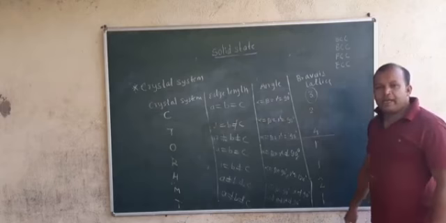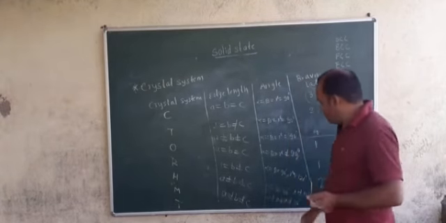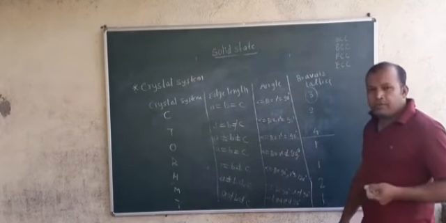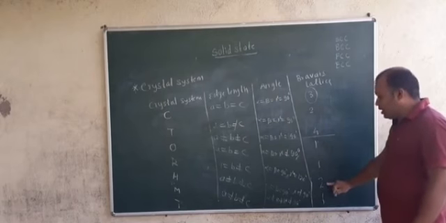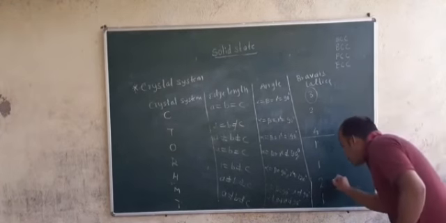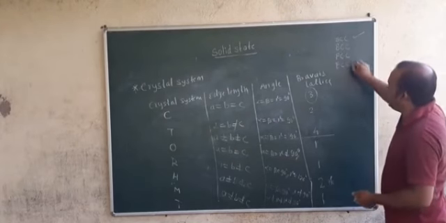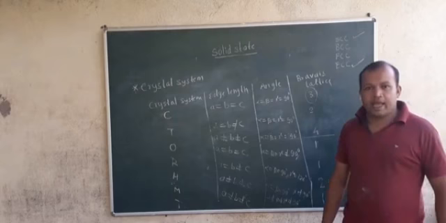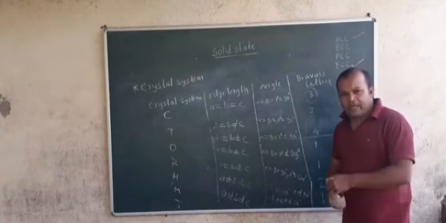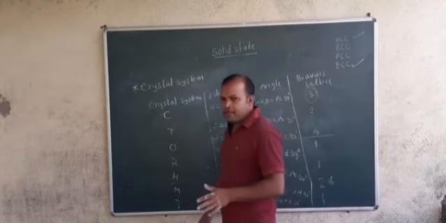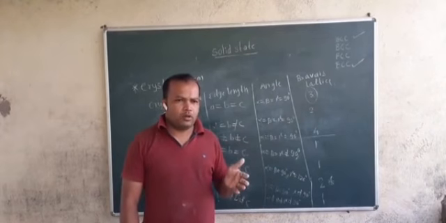This is of only 1 type, that is SCC, which is also known as primitive. This is also SCC. But here you need to make one star. This is of two types, but this is direct first and the last, that is SCC and ECC. And the last one is of only one type, that is SCC. From this you can at least cover 6-7 pages of your board book.